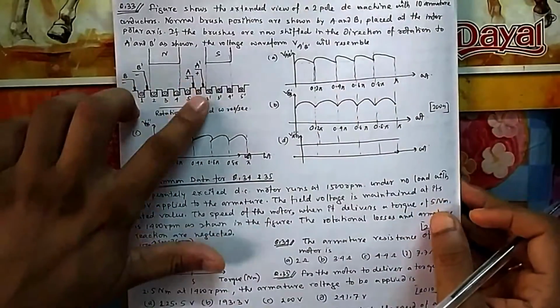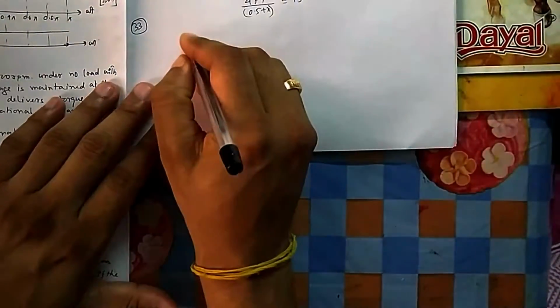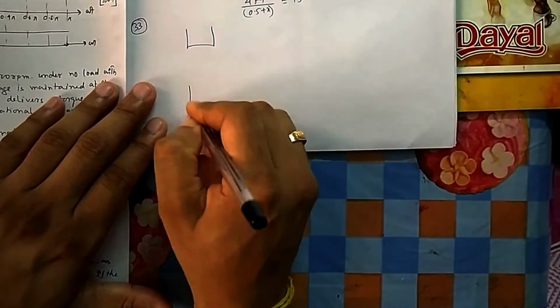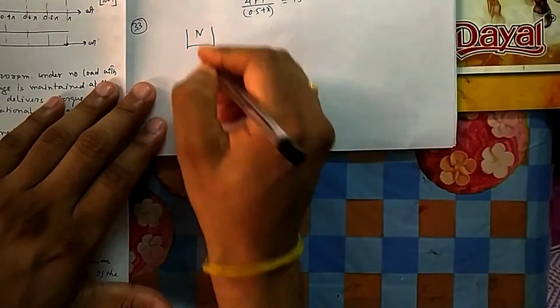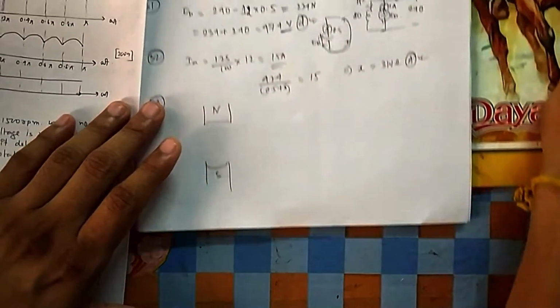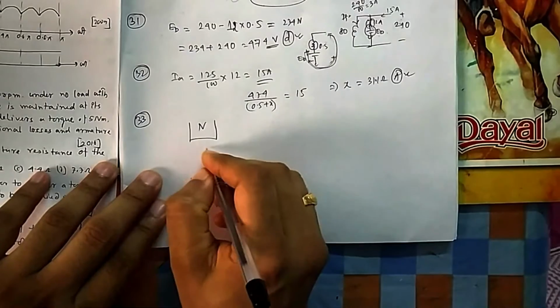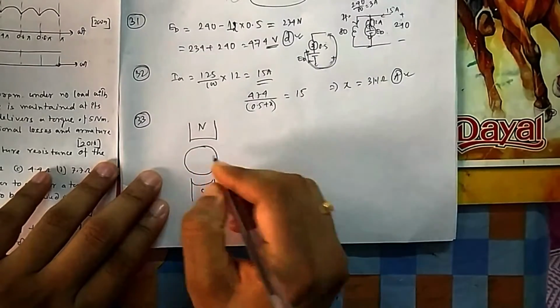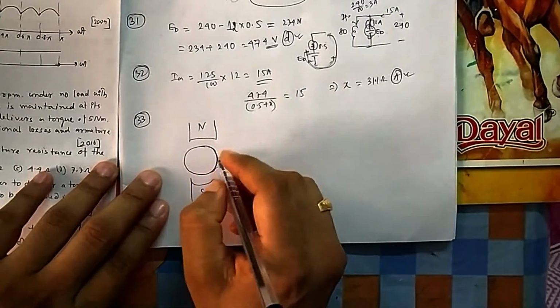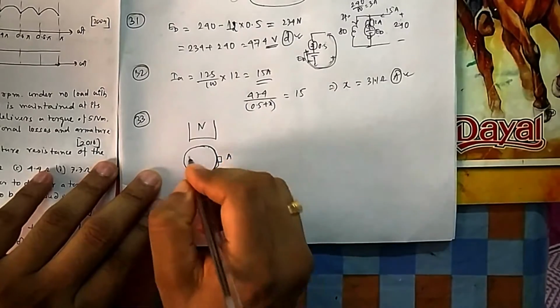Now instead of going in this way, let me draw it in a way that will give you a better view for understanding. This is the north pole, this is the south pole. How many windings are there? 10 windings. Or you can think of it, suppose this is your armature. You need to put all these windings. This is my A earlier, this is my B.